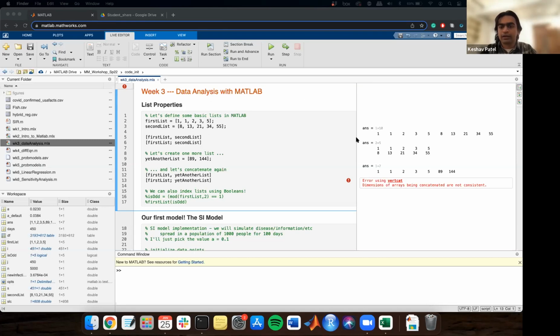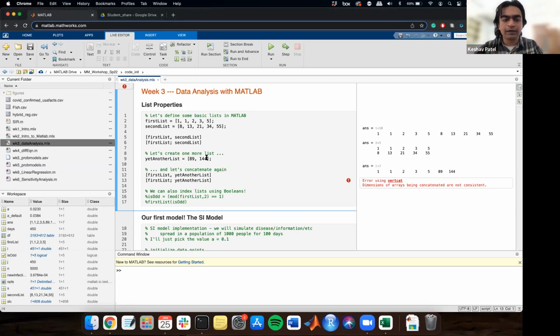Yep, okay, great. Yes, so exactly what I've seen from some of these chat responses. The number of elements are not consistent with each other. So in this case right here, I had 5 elements in each row, and they were able to go one right on top of the other in a one-to-one correspondence. Here, because I only have 2 elements, MATLAB doesn't know where to put 89 and 144 in relation to these 5 elements, right? So one thing I can do to fix this problem is, because I don't know the next